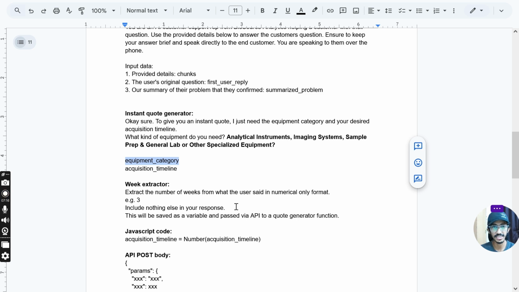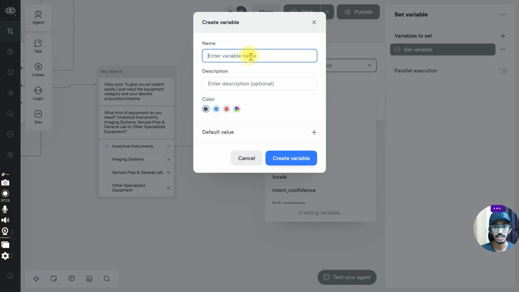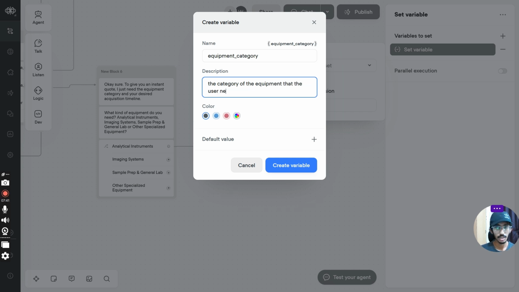There we have actually set up these variables like this, so we are just going to copy paste those. Everything will be clear to you guys. Just stick with me and enter description, the category of the equipment that the user needs. Alright, we can create this variable here,